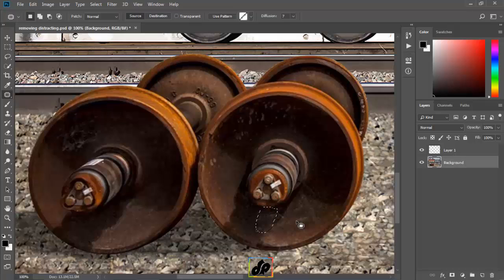If the result is not to our liking, we can try using the Diffusion option so as to alter the results and give maybe a little bit better match with color or with structure. When we are done, we will use the command Ctrl+D so that we deselect, and we can see that the healing brushes and patch tool can be very helpful when reworking distracting elements in a photograph.